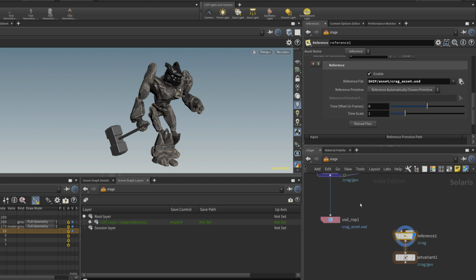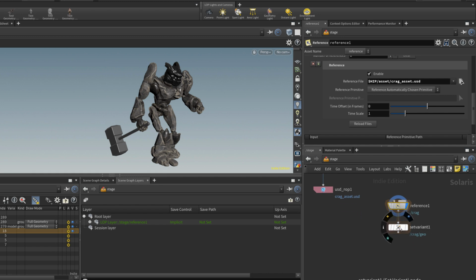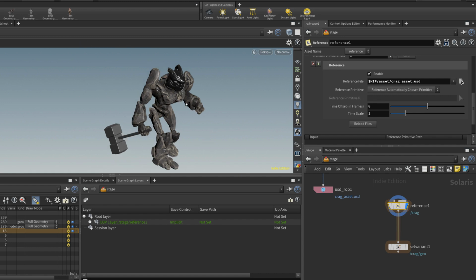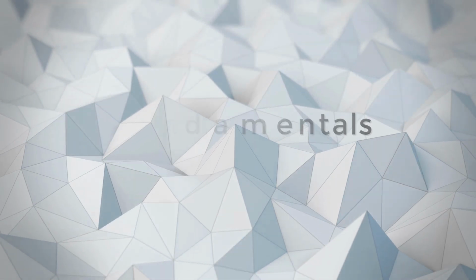So yeah, that's something that I wanted to flag to you, and we'll talk more about layers in future videos, but it's actually super useful because if another department now needs to adjust the position or anything with this particular asset, you can save a new layer that will store some changes, but we'll talk about this later.